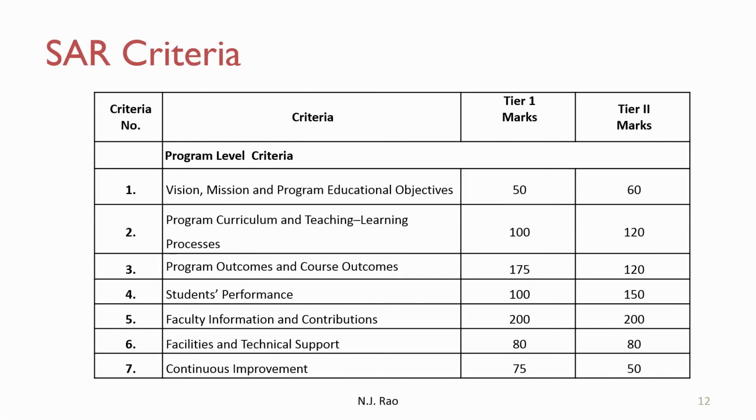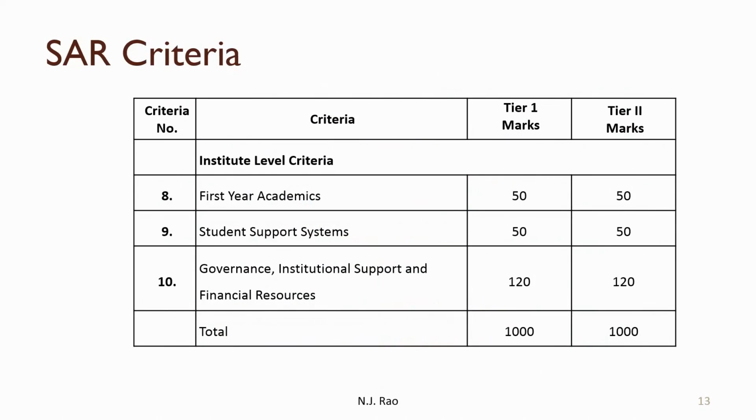Facilities and technical support carry 80 marks each, and continuous improvement. You have to demonstrate that from one year to the other you are making efforts to continuously improve your activities. So that carries 75 for tier 1 and 50 for tier 2 institutions. And now coming to institute level criteria,